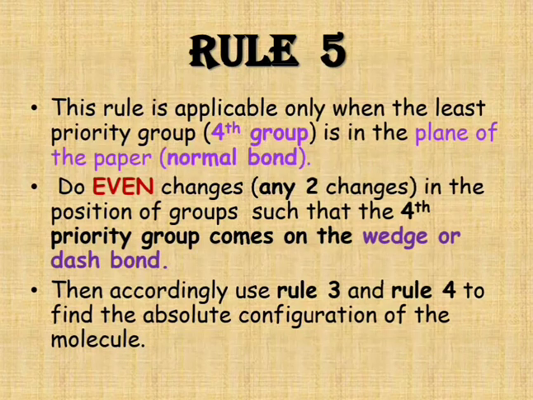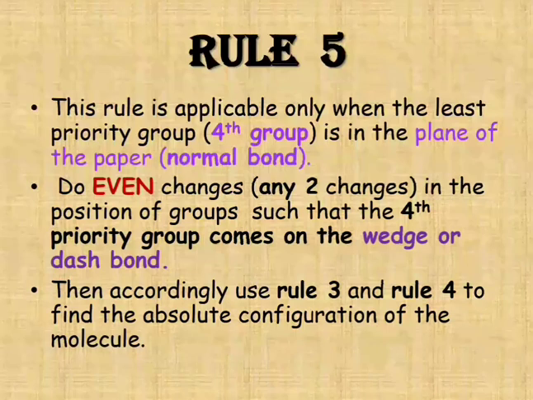Rule number 5: when the fourth priority group is in the plane of the paper, that is a normal bond. Now what we have to do is bring the fourth priority group either on the wedge or dash bond. This can be done by doing even changes, that is, we have to interchange the groups attached to